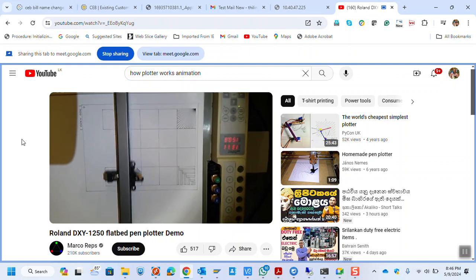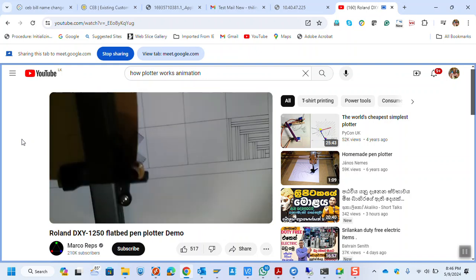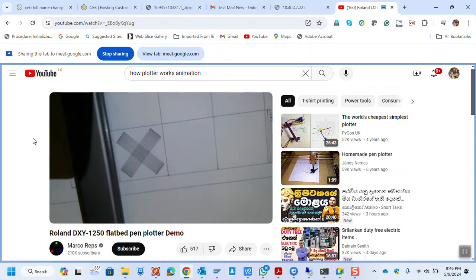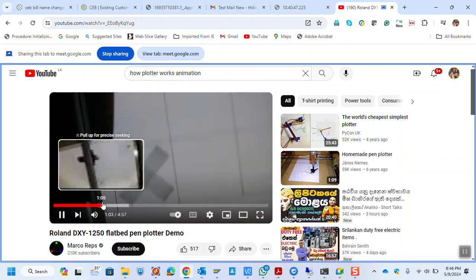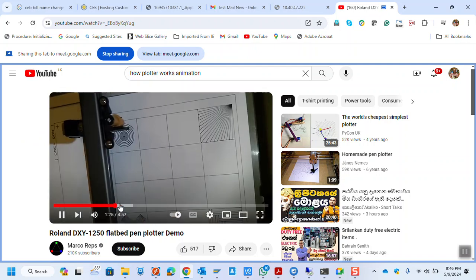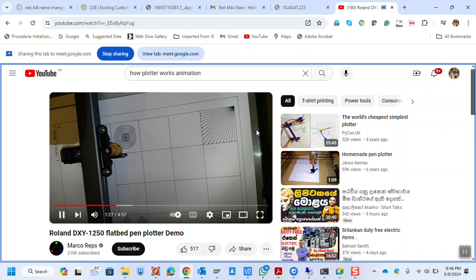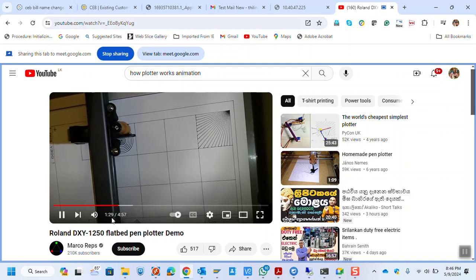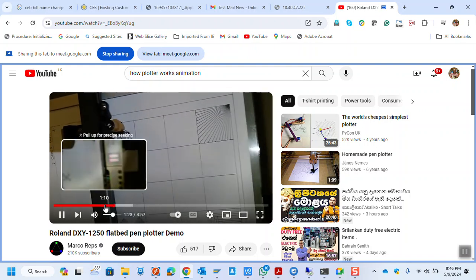See, the paper won't move. Only the head moves. You want to see how they draw, so you can see how they draw circles,